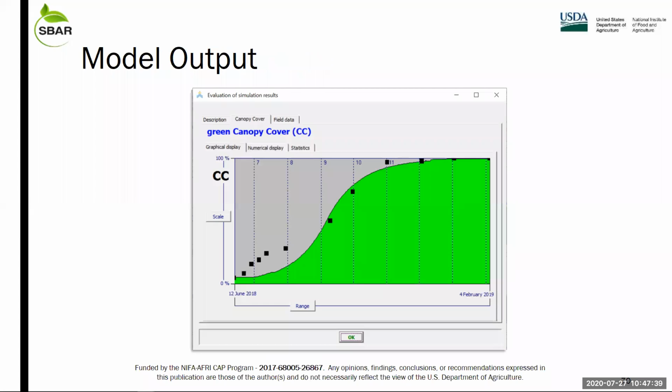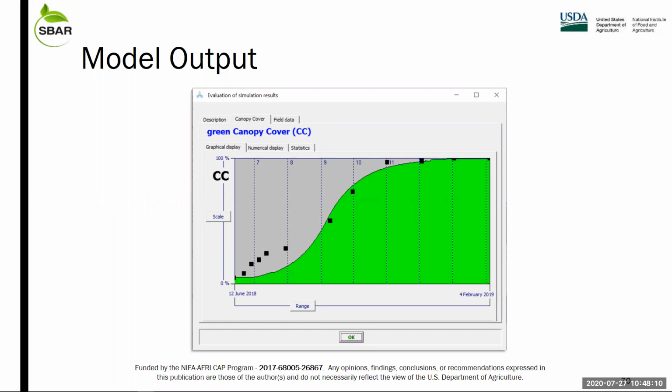Next. So here's an example of, I don't have it labeled, but this is the Drip 100 irrigation treatment in Maricopa. So the black boxes are the model output, and the green curve, right, that's the AquaCrop output. So this is for the CAN model. This is what we looked at in the very beginning. So as you can see, the green AquaCrop model is monotonically increasing,